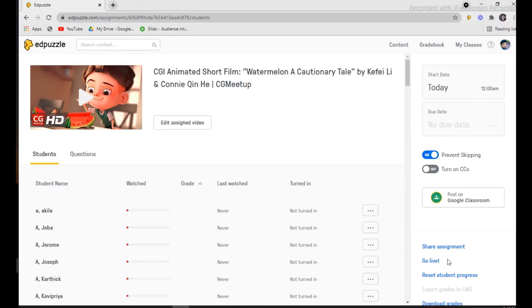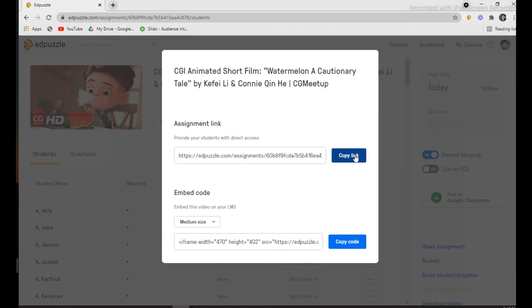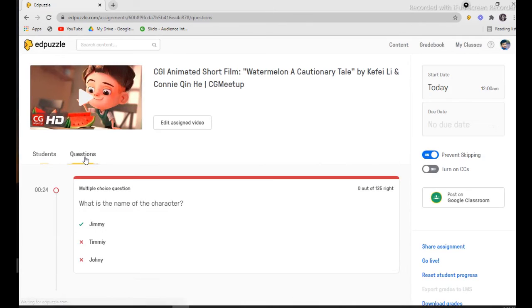Or if you want that assignment to be shared live, you can click share assignment, copy the link, and send it in WhatsApp text, Google Meet chat or Zoom chat. In a live session you can see how many students have answered. When you click this question bar, you can see how many participants out of 125 have attended. You can see the number here. Or you can give it as offline work by sharing it in Google Classroom. So this is how you can interact with students with the help of video using Edpuzzle.